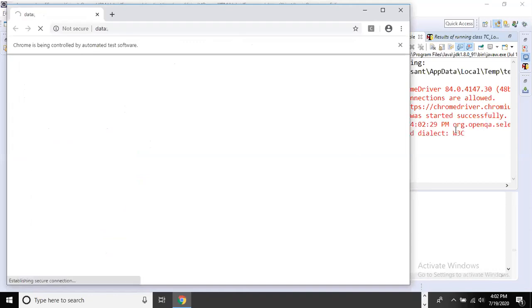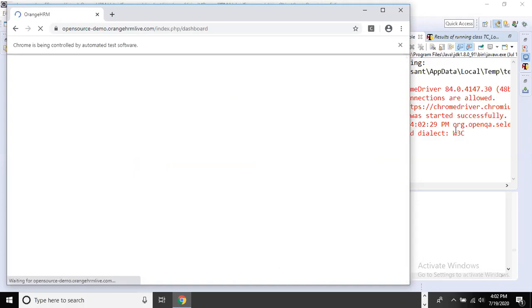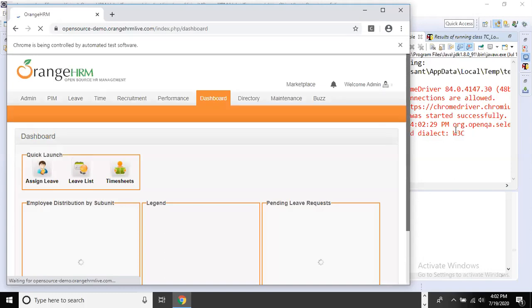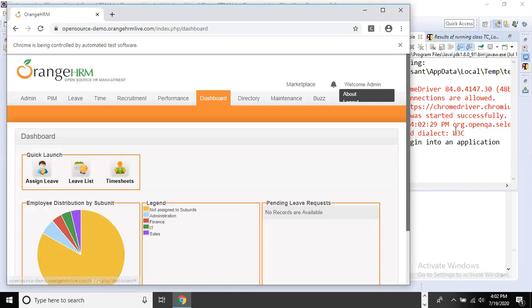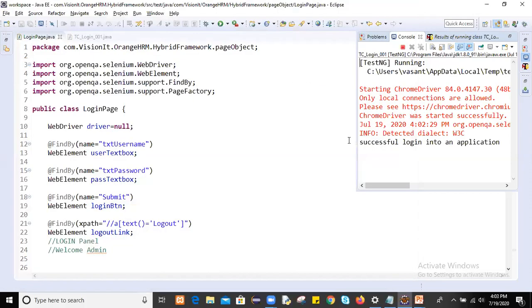It launches the browser and now it will navigate to the application, enter admin password, click on login, and then verify whether welcome admin is displayed or not. If welcome admin is displayed, our test case will be a success and it will log out from the application and close it.